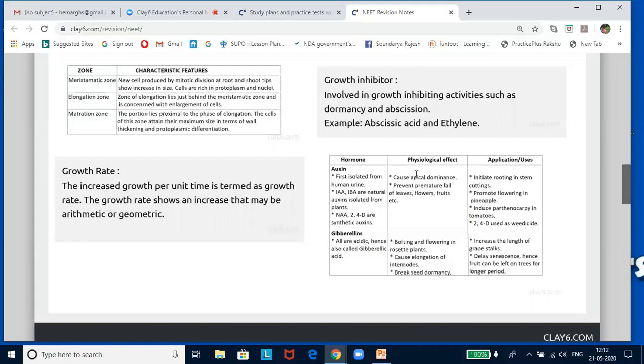Based on the origin and biological activities, plant growth substances are grouped into three: plant growth regulators, phytohormones, and growth inhibitors. Now, growth regulators are hormone-like synthetic organic compounds. In small amounts, they modify the growth and development either by promoting or inhibiting the growth. Example, naphthalene acetic acid. Phytohormones are the organic substances produced by the plant. They are active in very minute quantities. They are synthesized in one part of the plant and translocated to another part where they influence specific physiological, biochemical, and morphological changes.